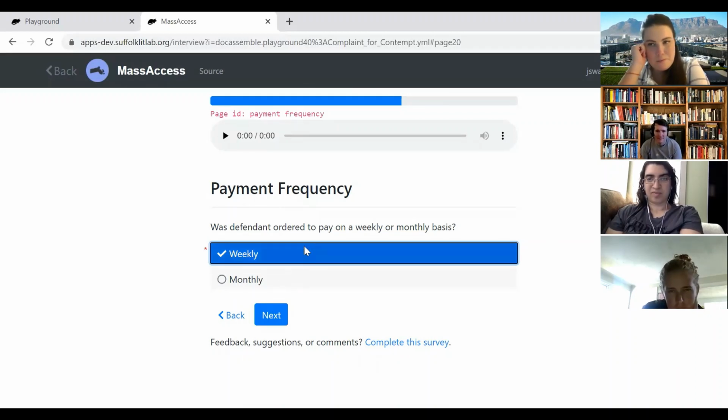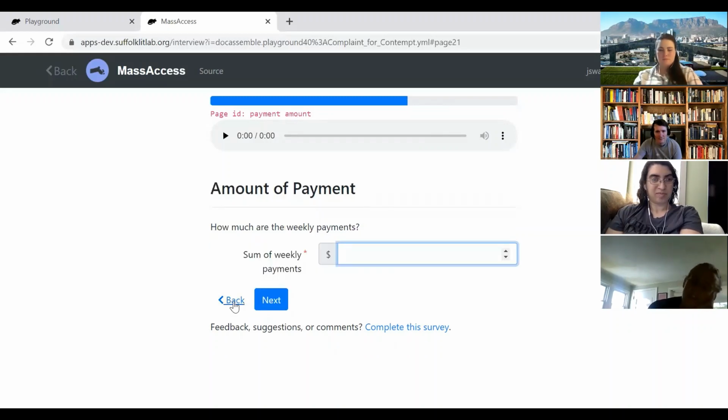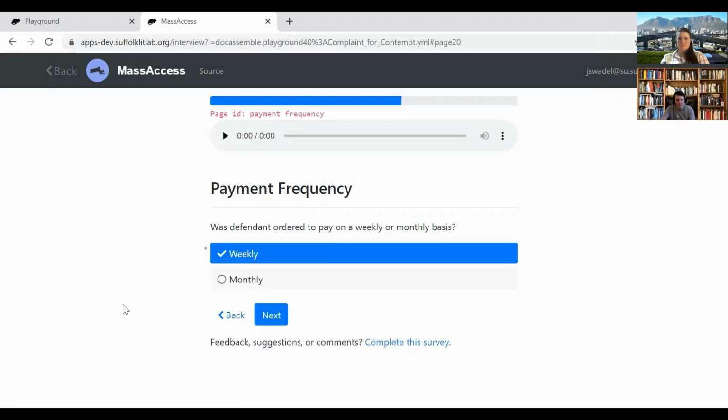What were you saying? I was saying, yeah, this is conditional based on the last page. So when we had the check boxes, if they don't click alimony or child support, this page won't show up. I'm not sure, this is probably a very rare circumstance, but it's always possible that somebody had both child support and alimony and that they were on different frequencies. Yeah, really unlikely, because if somebody's rich enough to have both child support and alimony, they're probably not using this. They're probably using a lawyer, but you never know.